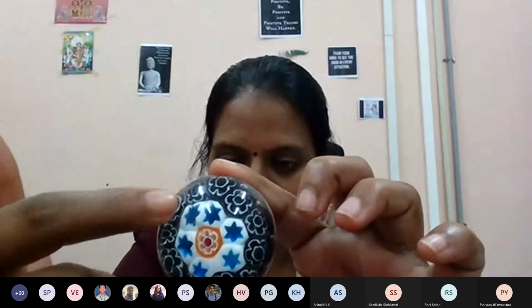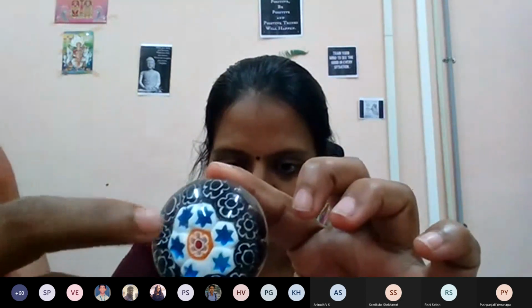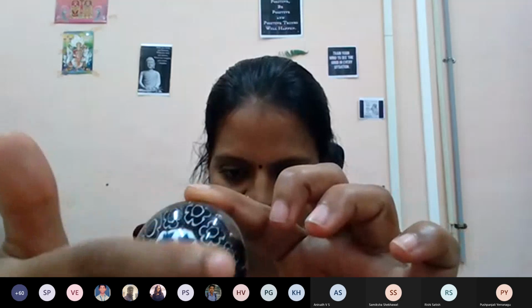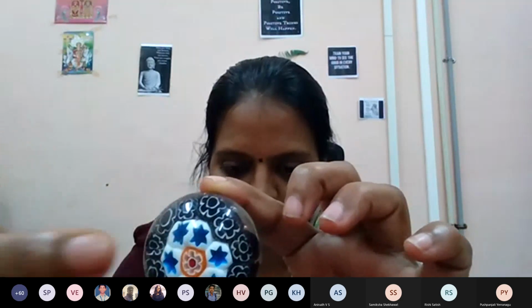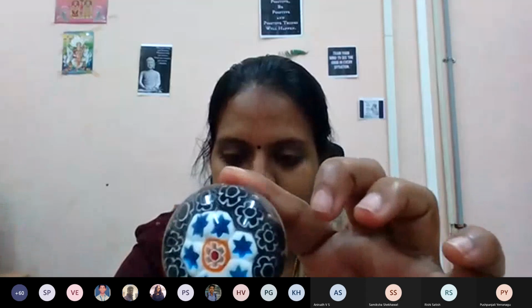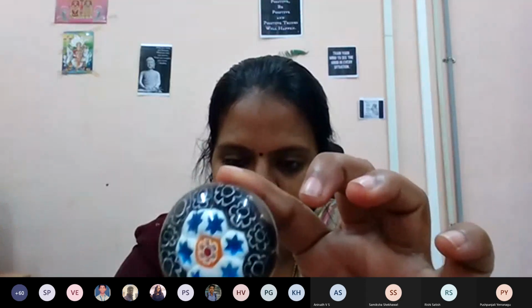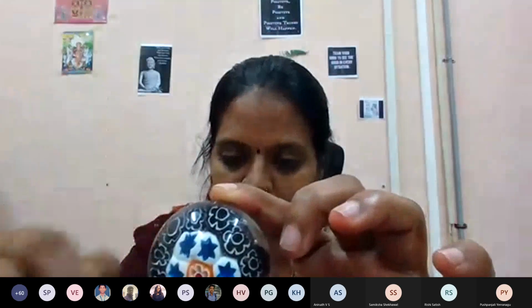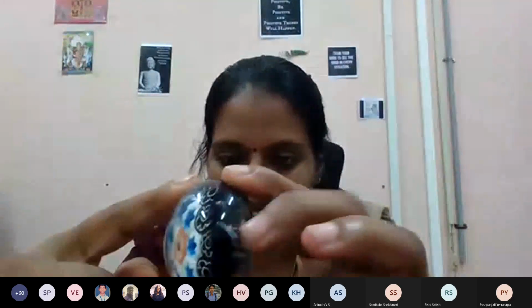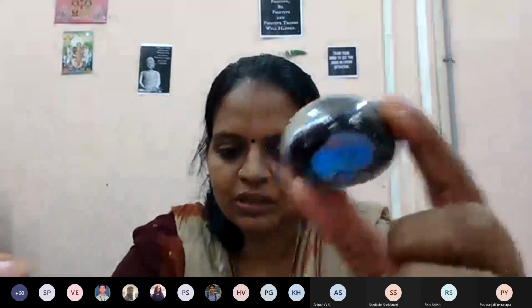When you see this portion of the object, you can see the textures. The texture is repeated everywhere. So when you want to create or display a 3D object this way, you should take care of all these properties: textures, transparency, and also the depth information. Everything you have to take care of. With this, I will move on to the different methodologies.